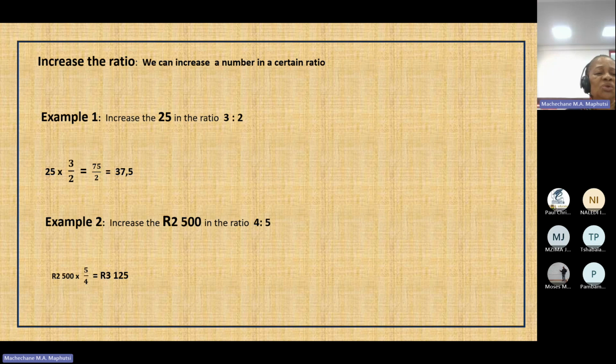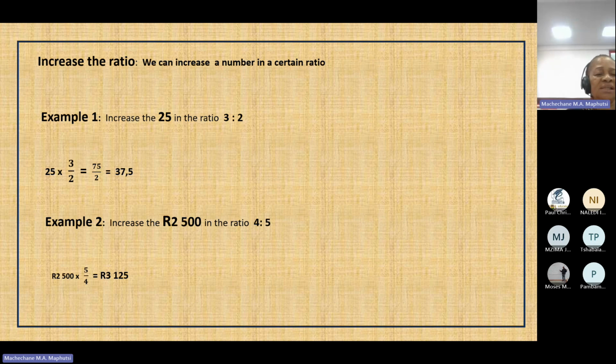Then we're going to have 2,500 Rand times 5/4. Why do we say 5/4? Because we are increasing. If you increase, your numerator is to be bigger than your denominator. So after using a calculator, your answer will be